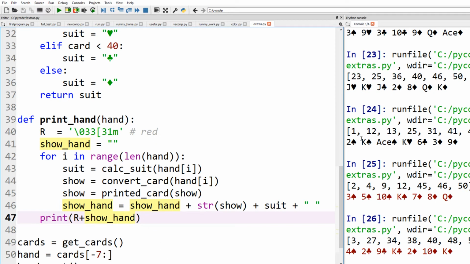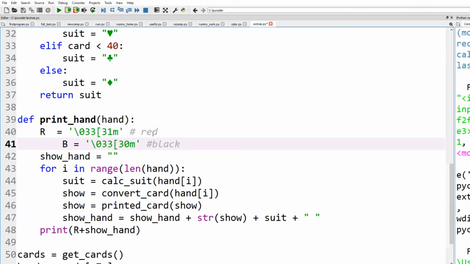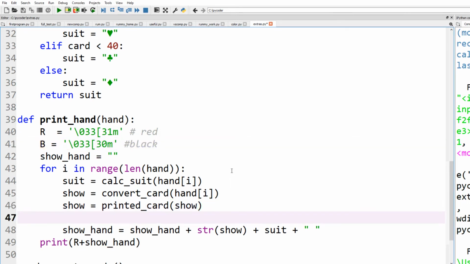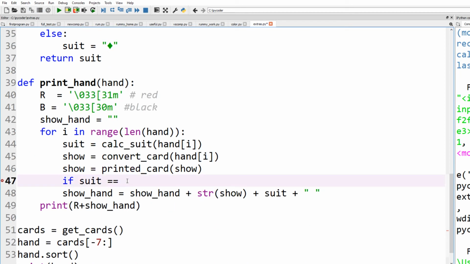We need to change our code so the black cards are in black, red cards are in red. So here's the code for black, we put in variable B. So now what we need to do, we need to determine the suit of the card. So we can use an if elif statement. So we start off by saying if the suit is equal to the spade, so suit equals spade, and then